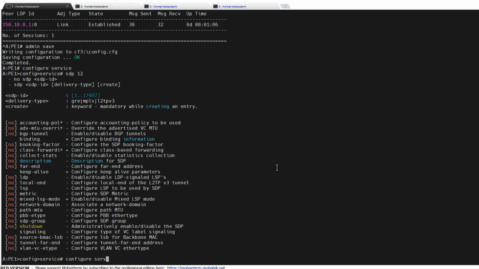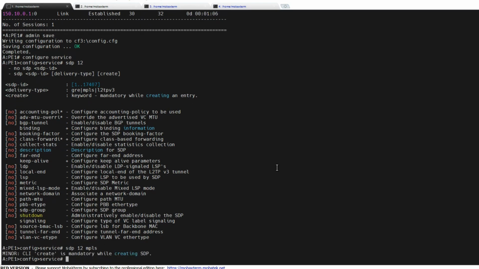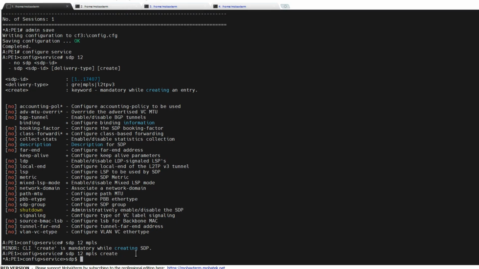So configure service SDP 12. If I don't issue the create, you will get an error message. So create is mandatory while creating SDPs. So we now need to proceed and issue the create command. Hit return, and then the far end